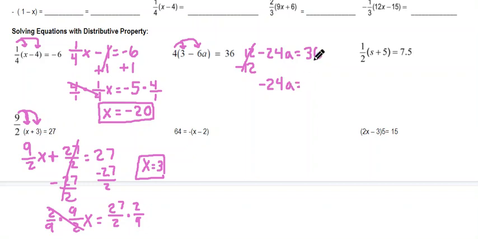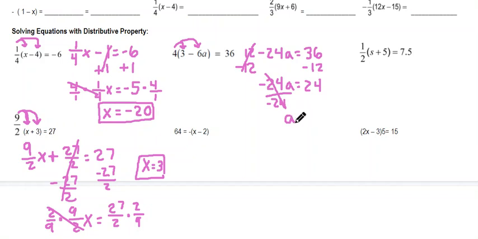On my right side, I got to do the exact same thing to keep it equal. So I'm going to do minus 12 on this side. 36 minus 12 is 24. So I have negative 24a equals 24. So now I have to get rid of this negative 24. Well, when a number is next to a variable, that means multiply. So I want to divide by negative 24, divide by negative 24 to get rid of that and leave me